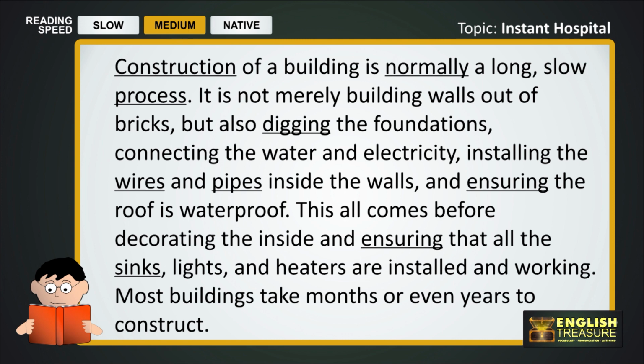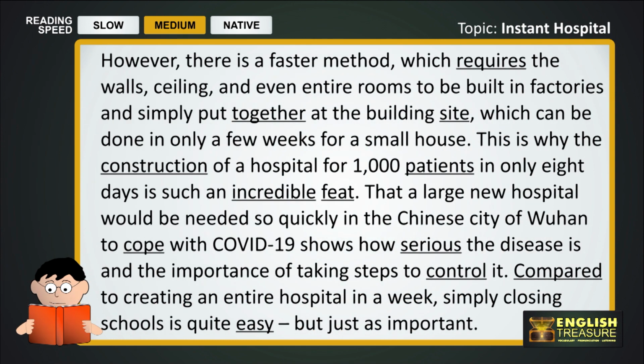This all comes before decorating the inside and ensuring that all the sinks, lights, and heaters are installed and working. Most buildings take months or even years to construct. However, there is a faster method which requires the walls, ceiling, and even entire rooms to be built in factories and simply put together at the building site, which can be done in only a few weeks for a small